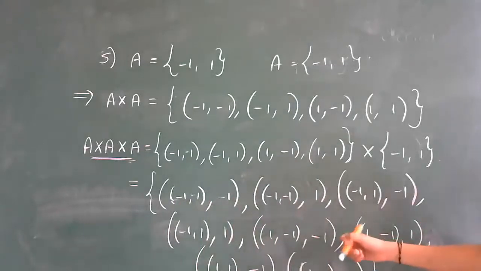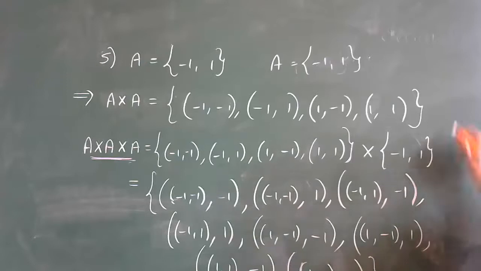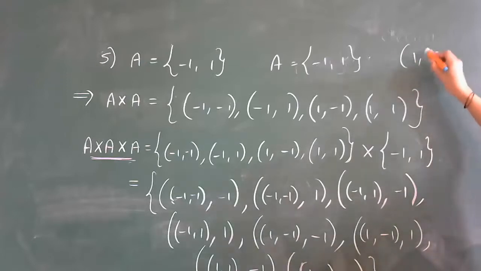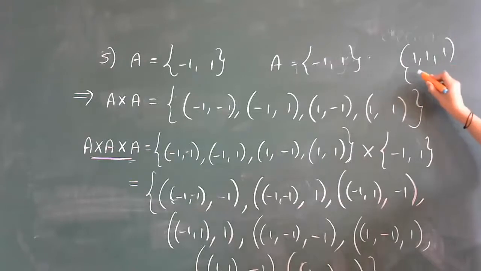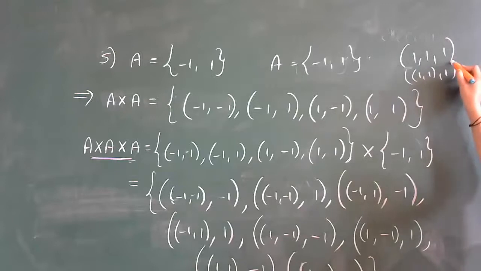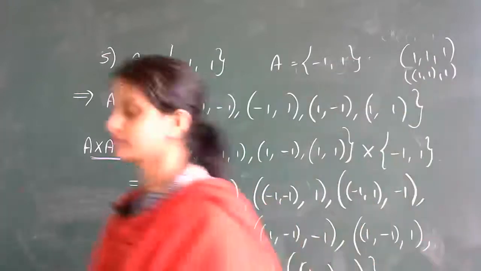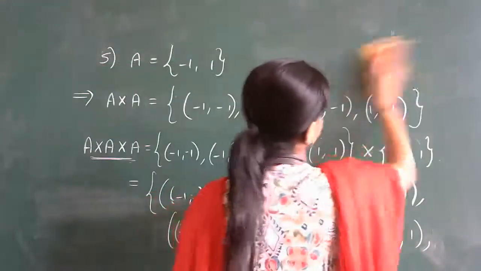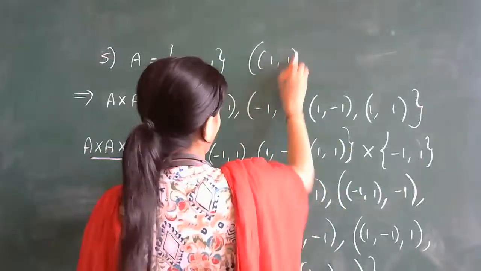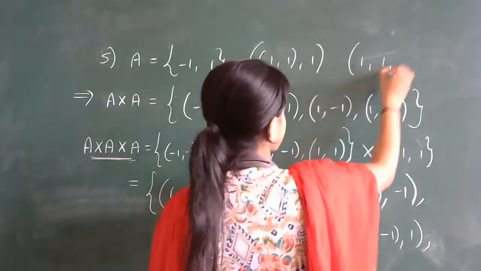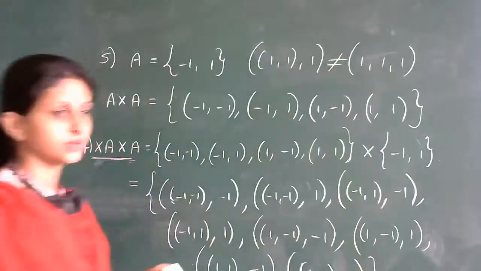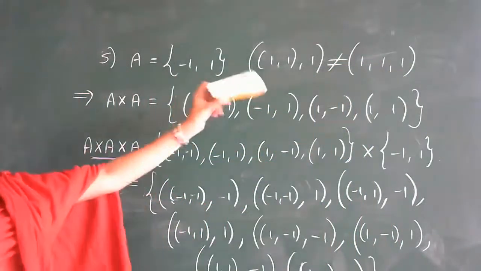The same answer you have got, Mohammed? This is the right answer. See, if you have written this, then it is entirely wrong. 1 comma 1 comma 1 is different from this. These both are entirely different, students. I hope you can see this. These both are not equal. Right? I hope everyone is observing that.